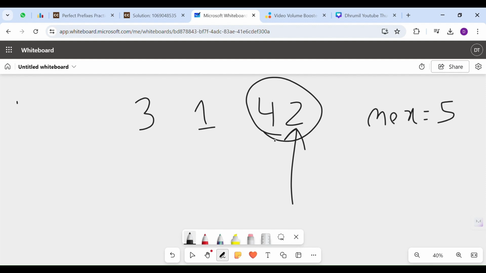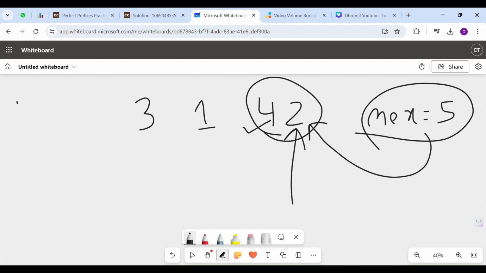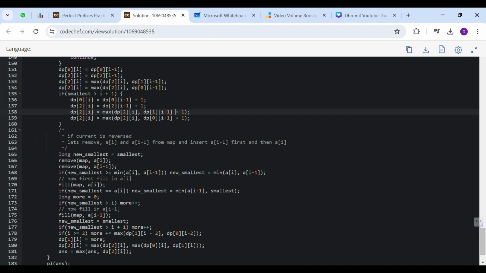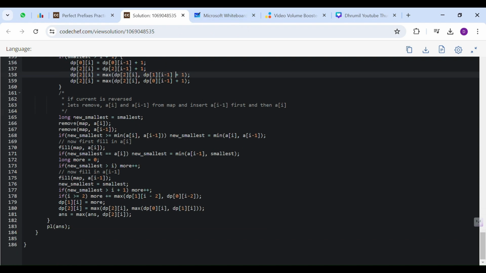So what will I do? First, I will remove these values from my map. After removing these values from my map, I have removed 2 and 4, which is smaller than my max. So I will set my max to these values since they are now missing. Okay. So I made a new smallest, removed a of I and I minus 1 from the map, and if